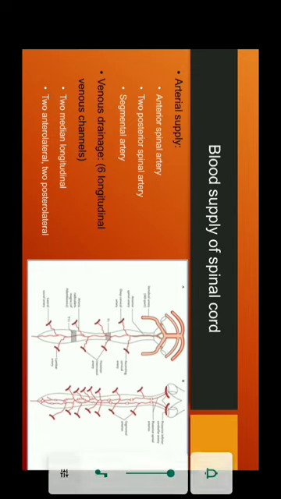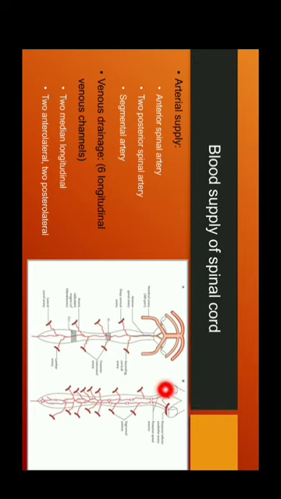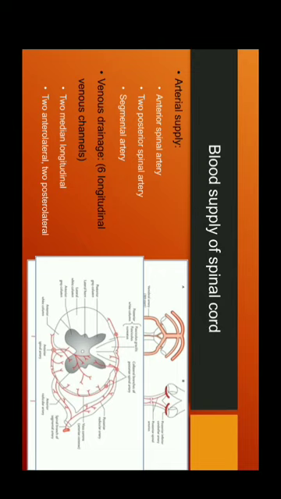The two posterior spinal arteries arise either from the vertebral artery or from the posterior inferior cerebellar artery, and they run along the posterolateral sulcus of the spinal cord and descend downwards. They are further divided into collateral branches. You can see here the posterior spinal artery having two collateral branches on either side of the posterior nerve roots. So in total there are 4 posterior spinal arteries,